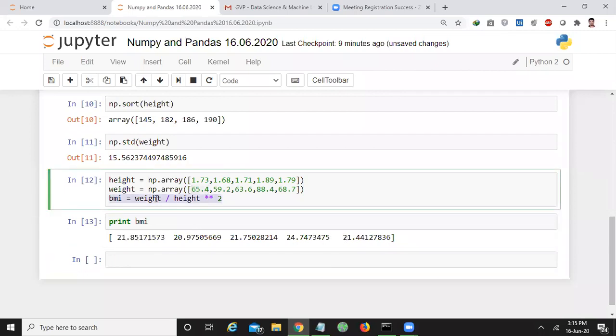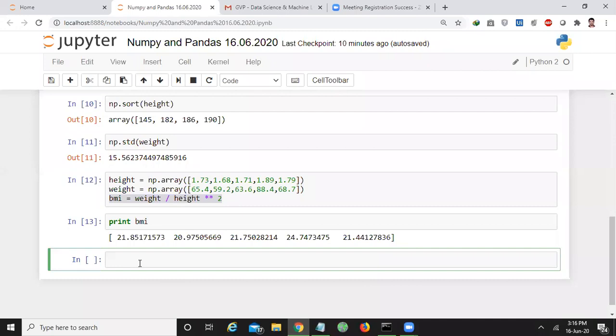Is it flexible or not? Yes. If you consider a list, you have to take each and every element and calculate the corresponding value, you have to increase the counter so that you can switch from one element to another element. That kind of difficulties are not there here, right? So the NumPy array will give the facility of doing operations on all the elements at a time. So you can do some operations on this also.